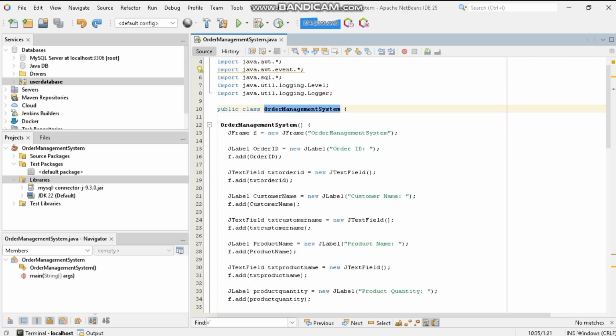This line declares the main class of the program. The class name is Order Management System. The public keyword means this class is accessible from the other parts of the program. This is the constructor for the Order Management System class. It's executed when a new object of this class is created. It sets up the GUI and database interaction,